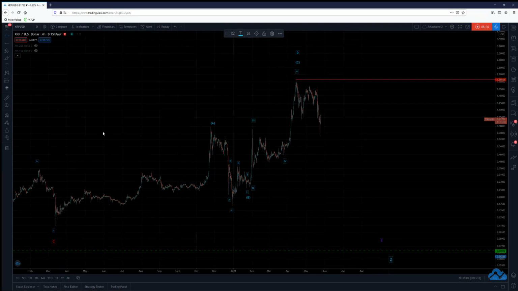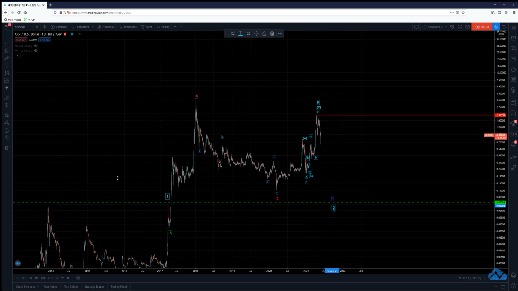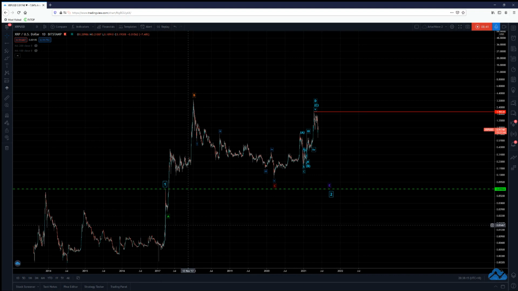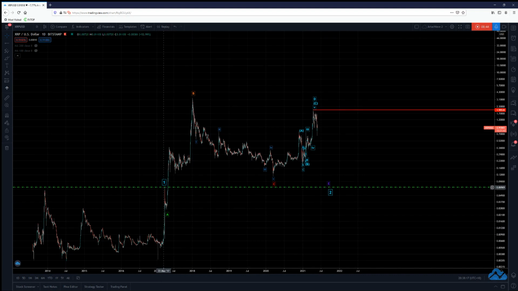Okay, so just going back to the daily chart for the XRP, I do believe that we did see wave 1 back down here in 2017, followed by an A, B, C, and this is what we've just seen now as a D. So it never made a new high. I don't think we're going to see one for a while, and we are going to chop down lower. So that's my opinion for XRP, and only AriasWave can give you that kind of insight into the waves